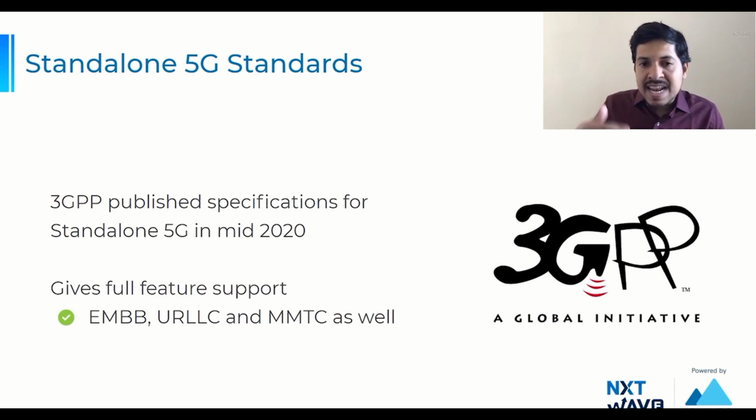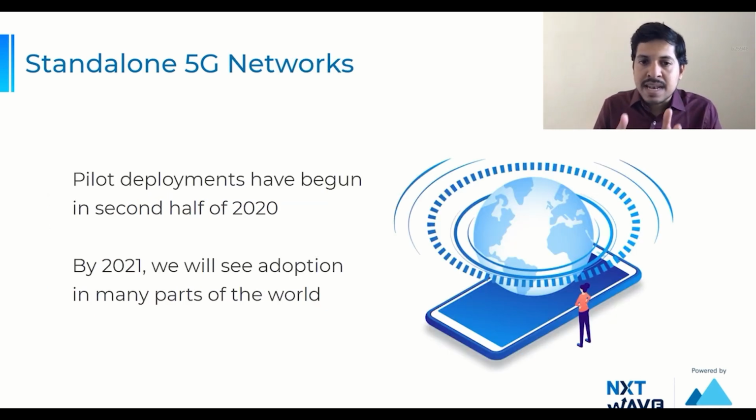So pilot deployments have already begun in the second half of 2020, and by 2021, in many parts of the world, we are going to see telecom operators rolling out standalone 5G networks, which will support all the three capabilities that we discussed. They will, of course, support the eMBB capability, which is already supported in non-standalone 5G today. But with standalone 5G, they will also be able to support the URLLC, ultra reliable low latency communication use case capability,